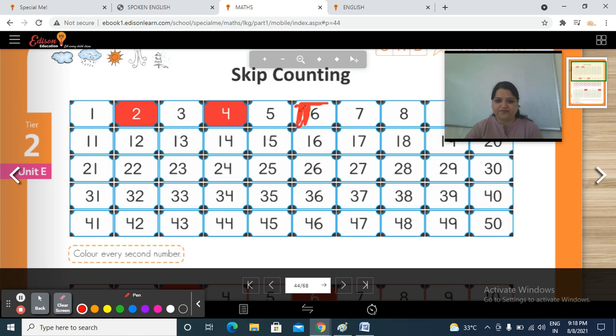Okay, you have to do very neatly, color the box. Okay, then 1, 2. So you have to color number 8.